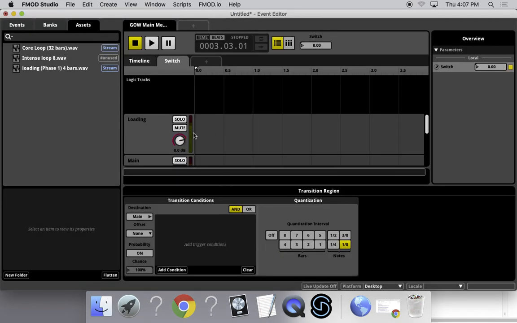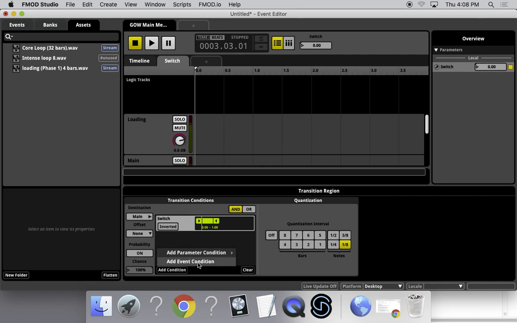Click OK. Now when I come down to add condition, one of the parameters I've got that I can add a condition to is the switch. You'll also notice that the switch appears up here. That's my interaction with it. Okay, I can interact. Then we create this argument. So I'm telling it anywhere from, this is where resolution sucks. Anywhere from 0 to 1, and it stays where it is. Okay, anything outside of that,